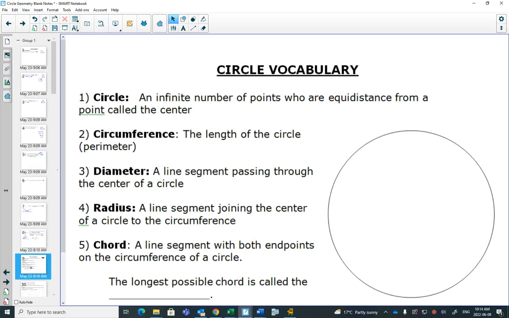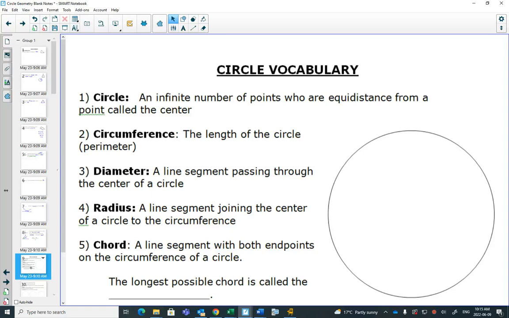So, two days ago, you had all of those definition sheets. Was anybody not here two days ago when we got the starting things for circles? So you had, there's a video on this, and then the investigation, you had to create your own definitions. So here are some important definitions